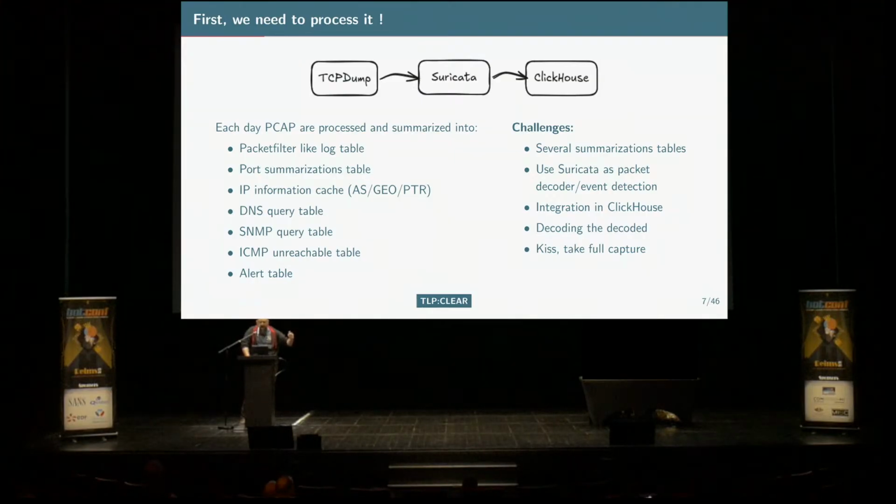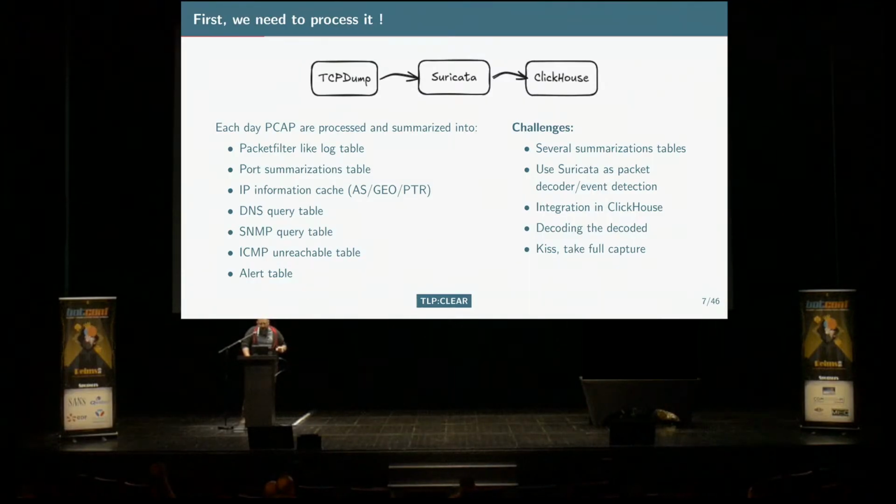For each IP, we try to get the GeoIP, the PTR, things like that, so you don't want to do that at each packet, so you do some caching by using this kind of table. Additionally, we don't answer, but there are some protocols which don't need to have handshakes. SNMP, whatever is in UDP, for example, or ICMP, you got the payload. So it's nice to collect DNS query. It's nice to collect SNMP query. And we will see later the other tables that we need. So that's the process that we apply to such kind of data.